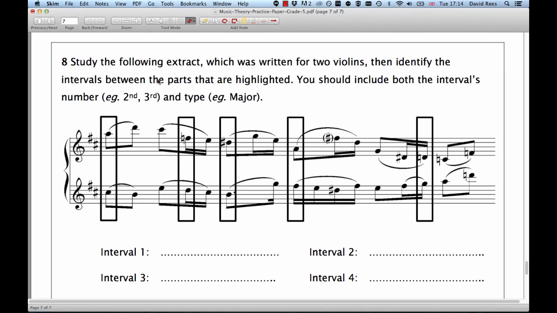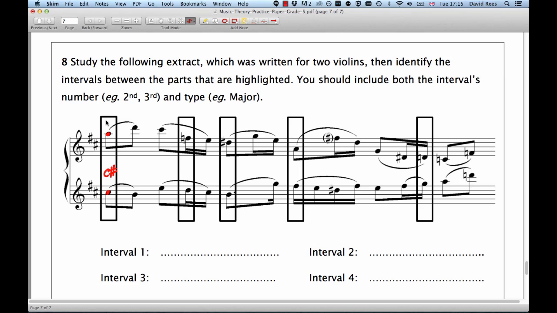I like interval questions. They're quite relaxing to have a look at and quite straightforward often as well. So what do we have here? Well, in the first question we have an interval between a C sharp. So it's really important, obviously, always to look at the key signature to make sure that we're completely clear as to the type of interval that we're working with here. And so we've got a C sharp down below